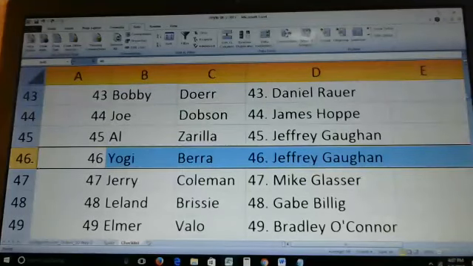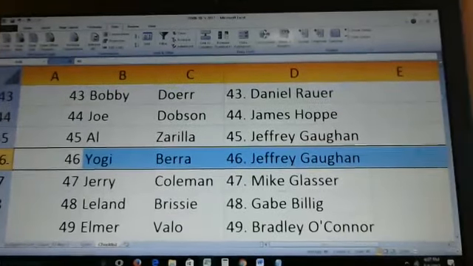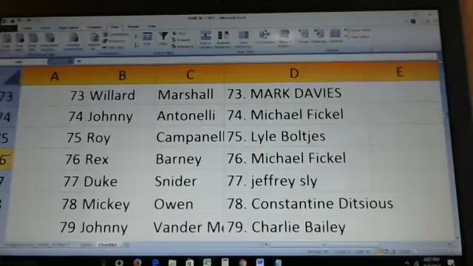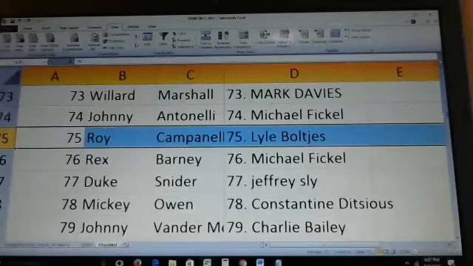All right, next up we'll look at card number 75, which is Roy Campanella. All right, and that goes to Lyle Voltez.